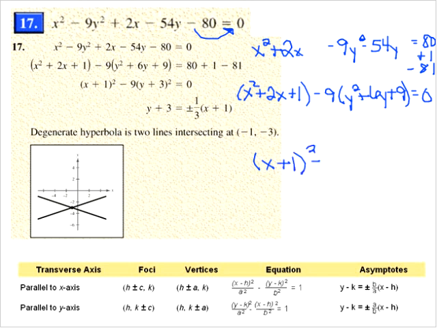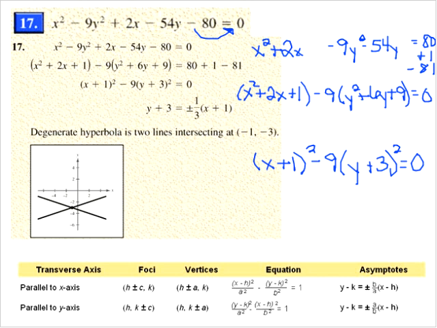I'm just going to finish rewriting my completing the square here. And this is a problem. If it equals 0, that is what we call a degenerate hyperbola, and your lesson will go over degenerate conics more in depth, but we never really want it to equal 0, and when that happens we say it's degenerate, and instead you have these two lines that are basically intersecting at your center, or where your center would